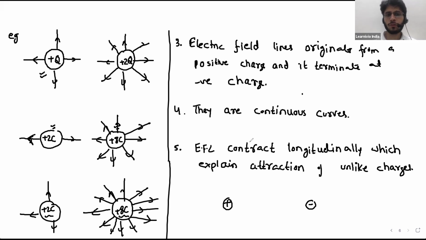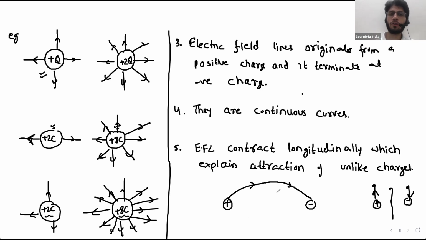That thing can be shown by a modification of the field lines. See, earlier the field lines of positive and negative were straight. Field lines are straight, that means they are at a very large distance, they are not attracting each other. But when you place them at a small separation, then they will start attracting each other and their field lines will modify. Basically what happens is this field line will contract with this field line and the resultant field line is this. This is known as longitudinal contraction.